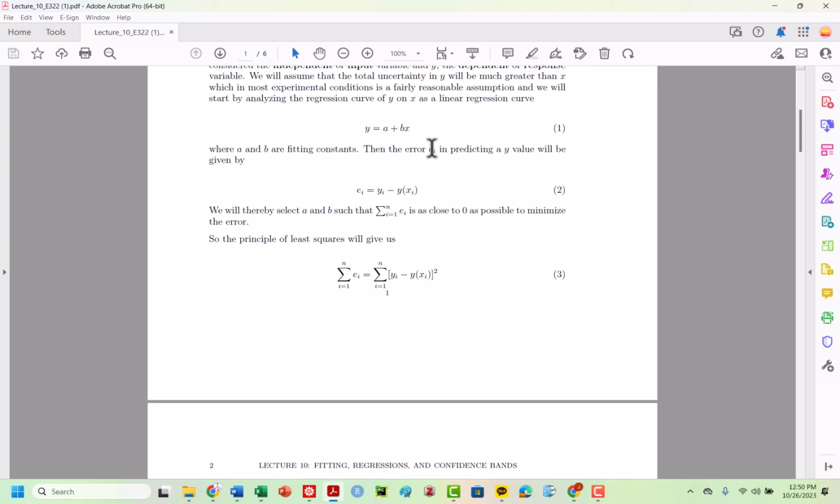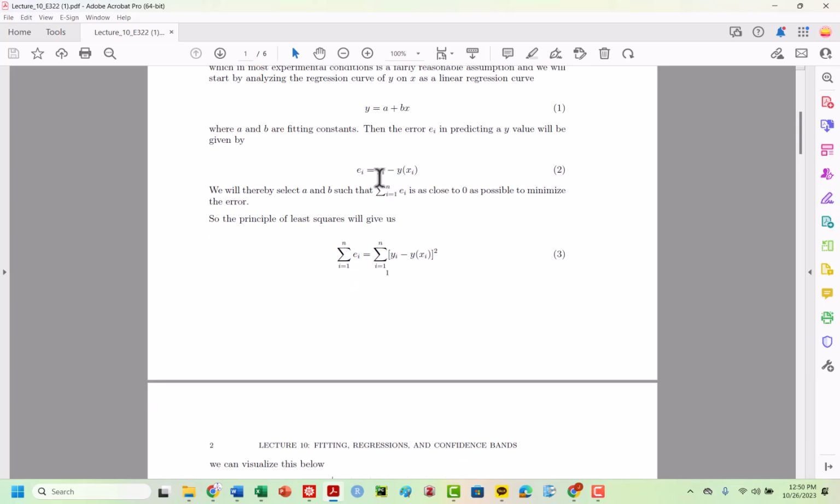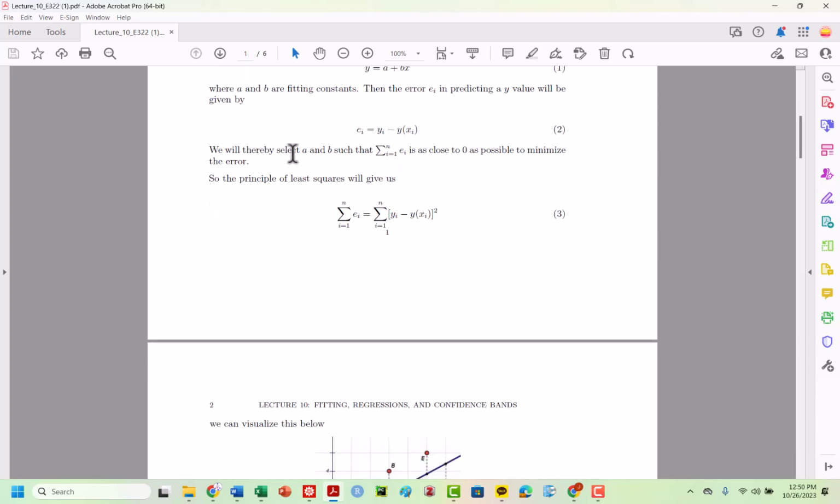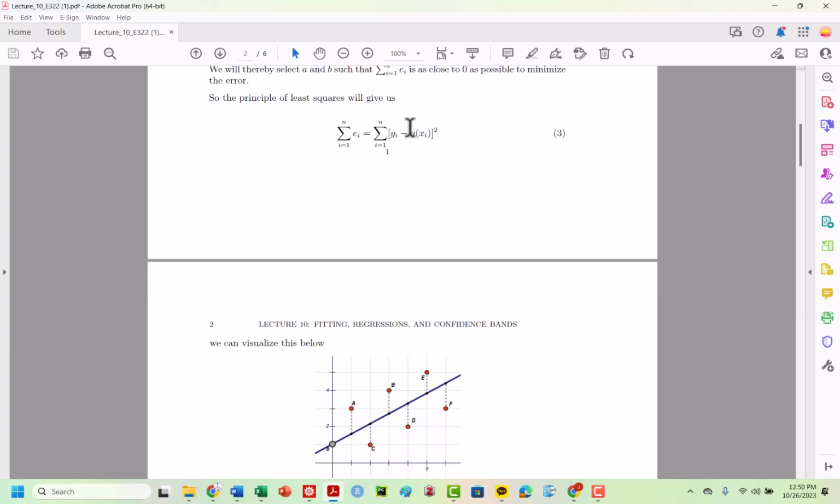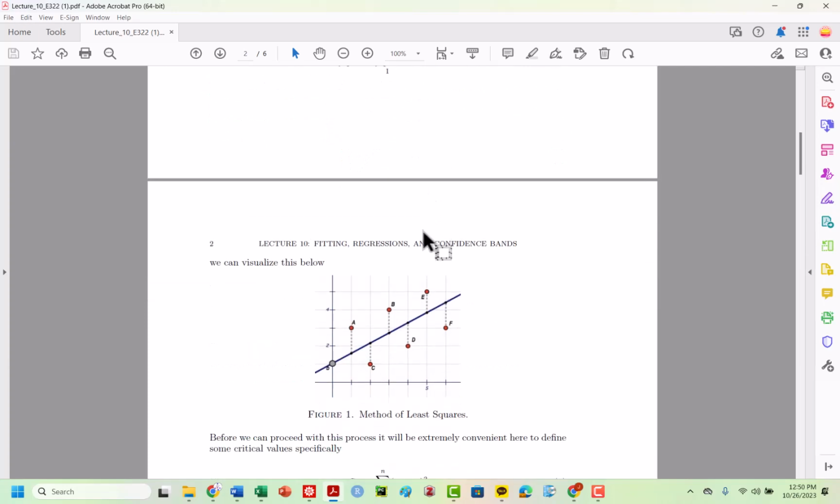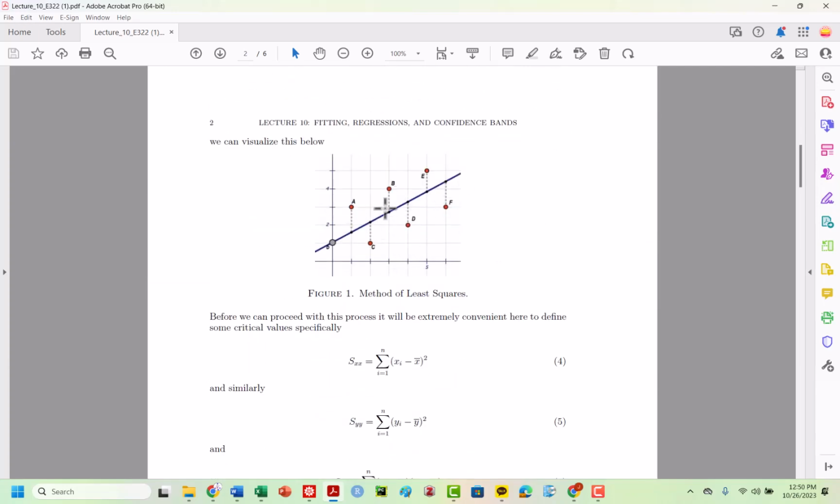Our error in predicting a y value will simply be the measured versus the actual response. We want to select a and b such that our error is as close to 0 as possible when we sum over all n points, in order to essentially minimize the error. So this is your response, this is basically what the fit of the y value should be. The principle of least squares will give us this value here,